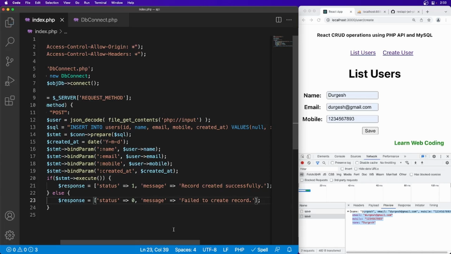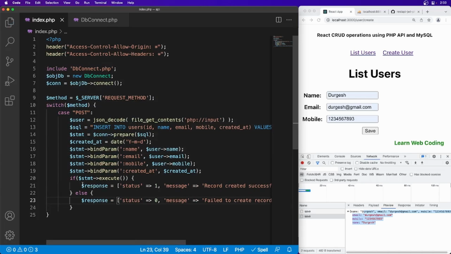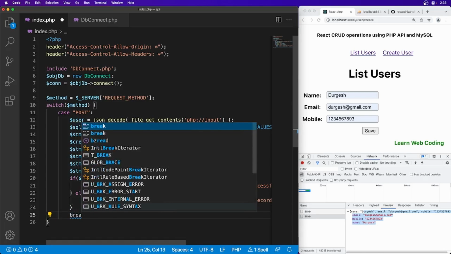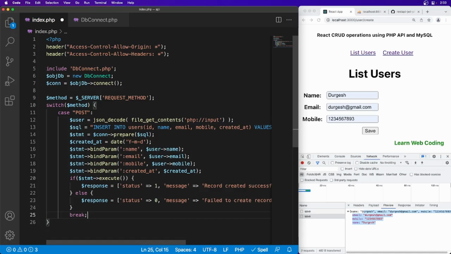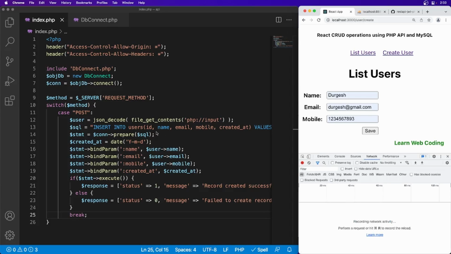Now our API is almost ready. Okay, one more thing here is, after that we can use the break keyword, and that's it. Now I'll refresh the page, or actually not needed because it is on the server side. So if you click on the save button,